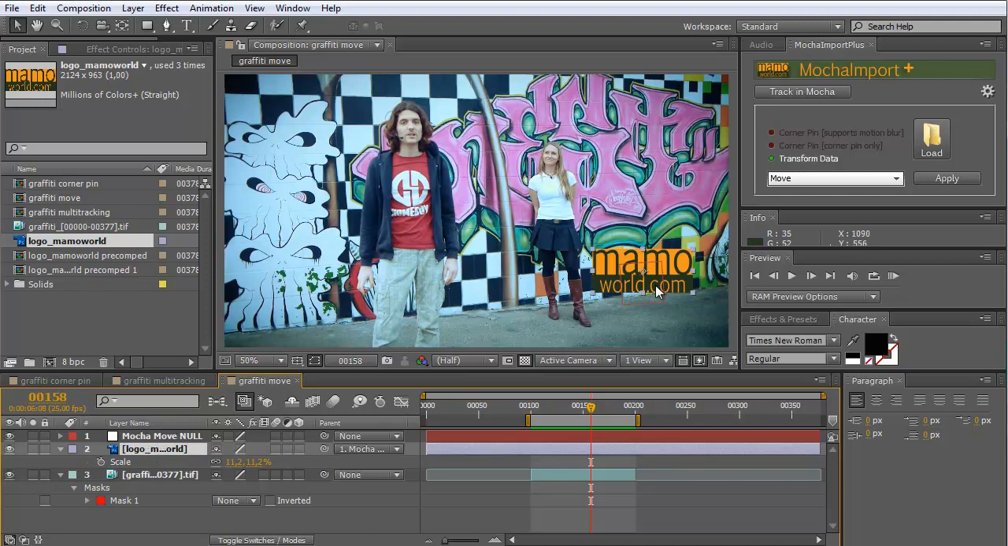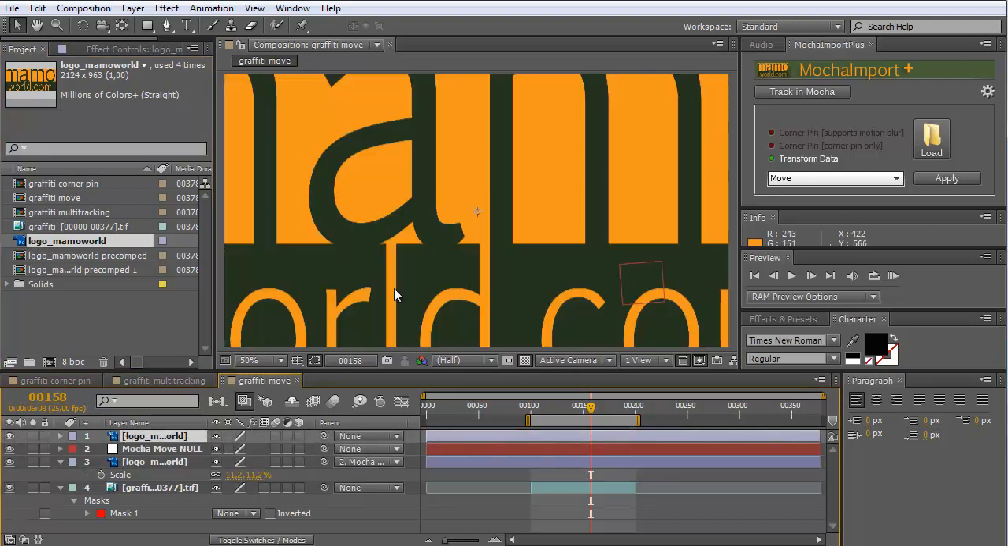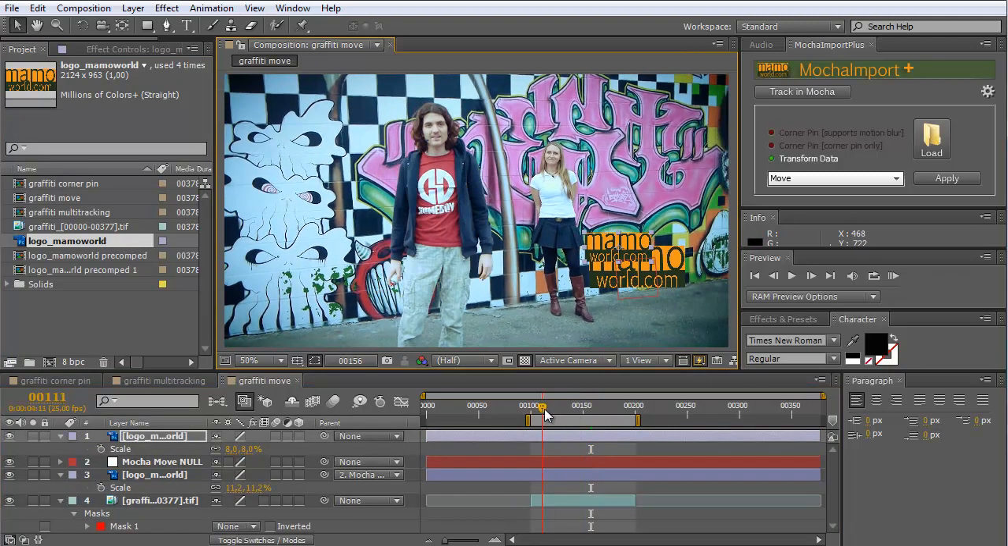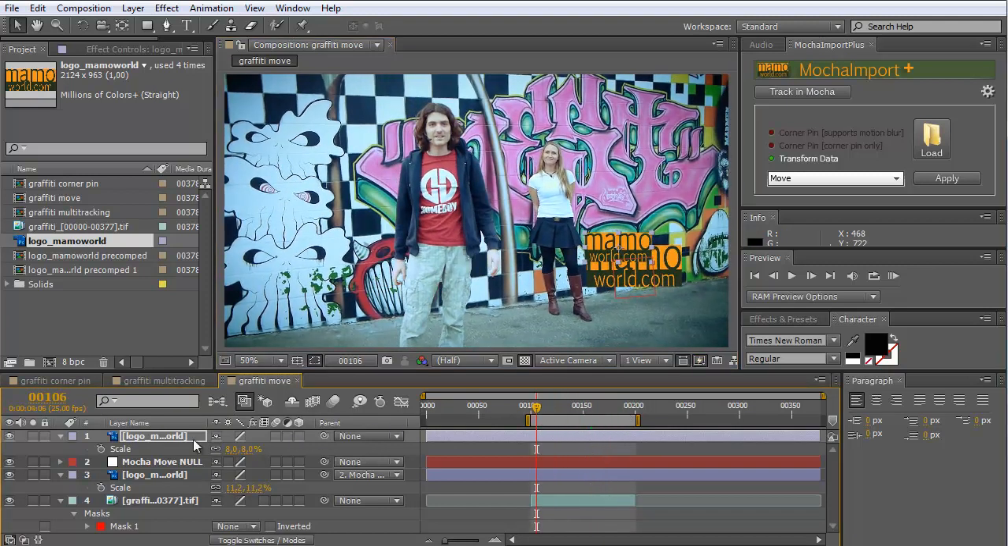Another nice thing is that you can easily parent many elements to the same null to move them all simultaneously. I can bring in here, for example, a second logo. Again, scale this down a bit and place it also somewhere here. And you can see now it is not moving, but now I can simply parent it to the null object